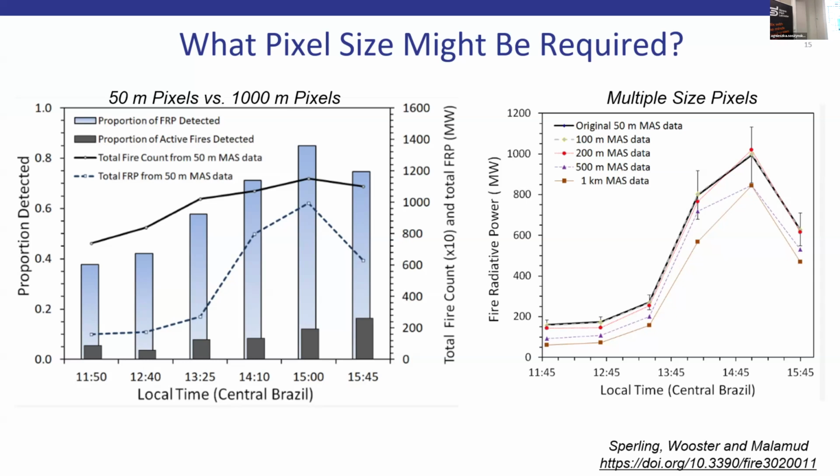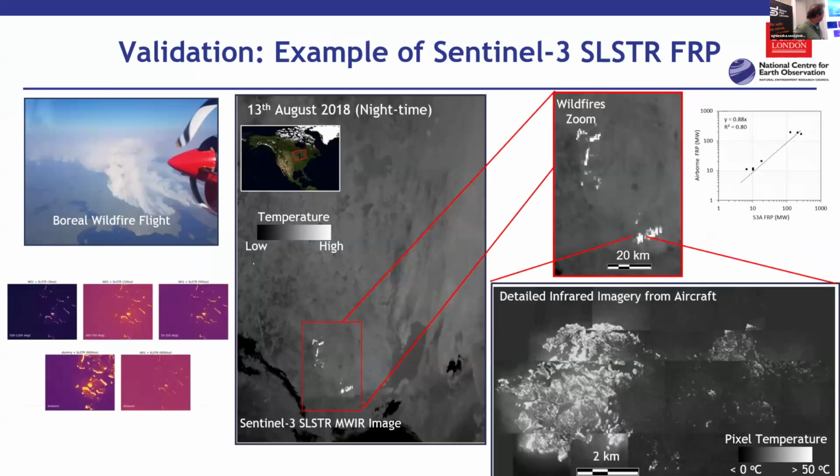So these are some plots where we degraded to different spatial resolutions. And essentially the answer is about 200 meters. So if you have 200, maybe even 300 meter data, you can probably detect the fires that are responsible for more than 90% of the energy and therefore 90% of the air quality problem in terms of emissions. So you don't need to go to 30 meters and things like this.